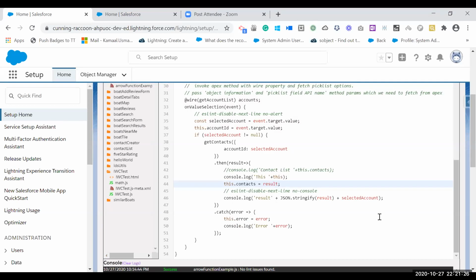Kamal, Umang here. This is just out of curiosity. The arrow functions hold the state of their parent function, so basically you can access its properties from the arrow function. But let's say I'm using it in a promise and it is an async method.